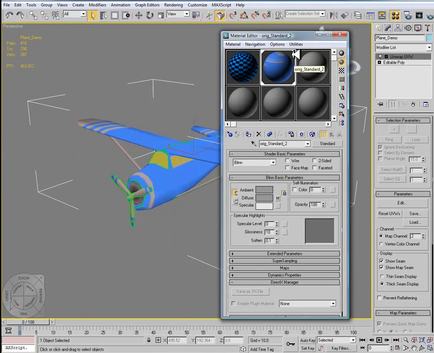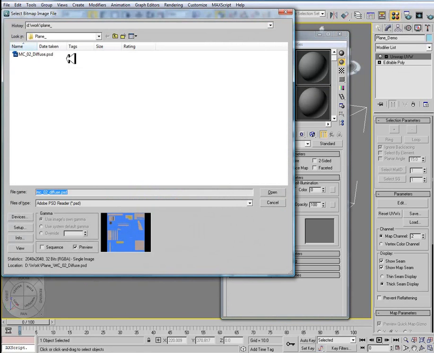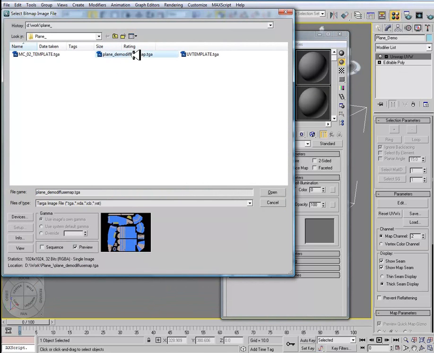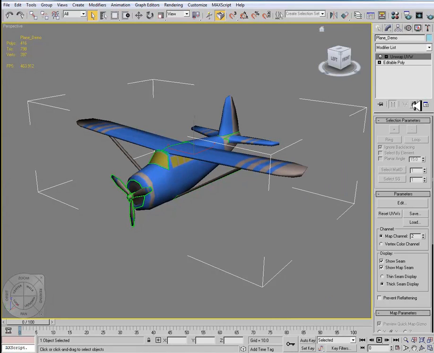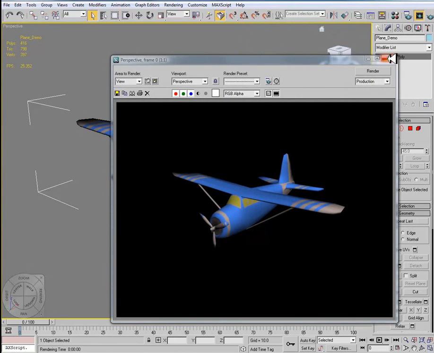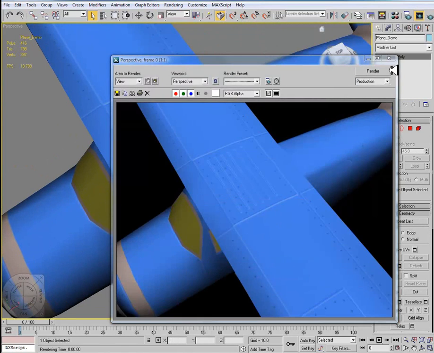And we want to use our map channel 1. So what I'm going to do is reset my material editor slots, go to my diffuse map, bitmap, and instead of using my Targa or my diffuse map here, I'm going to use the plane demo diffuse on my model. And I can delete my unwrap UVW for the time being, because I don't need that right now. So if we take a look at this render here, we have the texture applied like so to our model, but